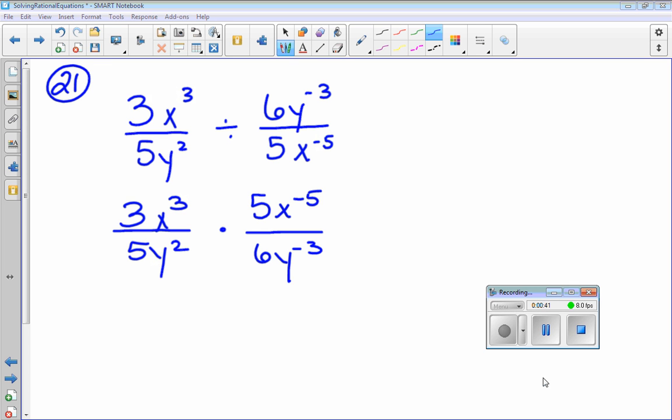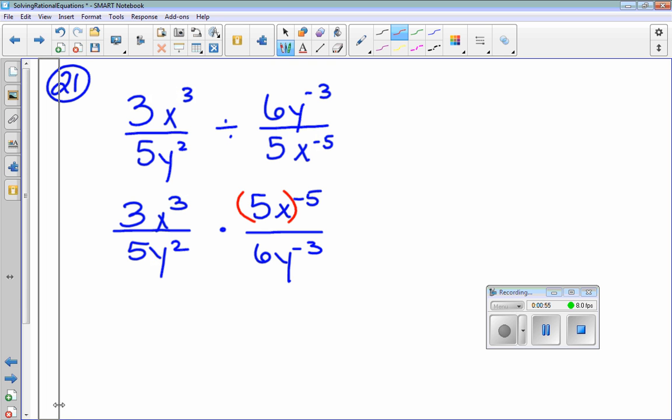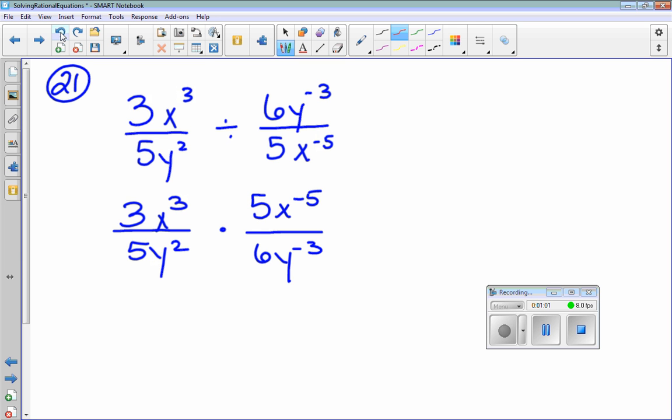What do we do with those negative exponents? Well, what is being raised to the exponent in this case? The x or the 5 or both? The 5. Only the x. If it were both, there would be a parenthesis around them, okay? And there's not. So only the x. What's being raised to the power in the denominator? Only the y. So when I have negative exponents, I have to put them in the opposite place in the